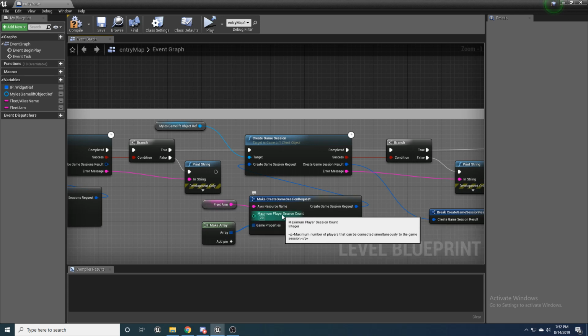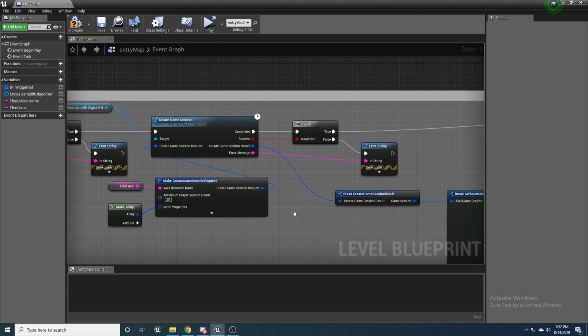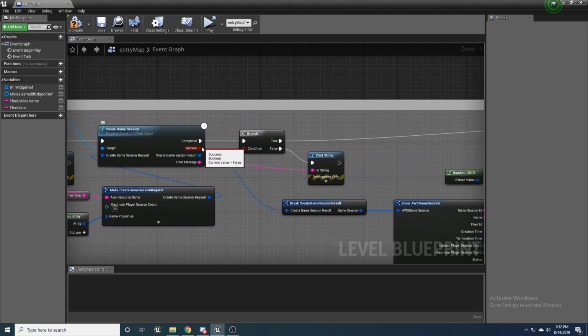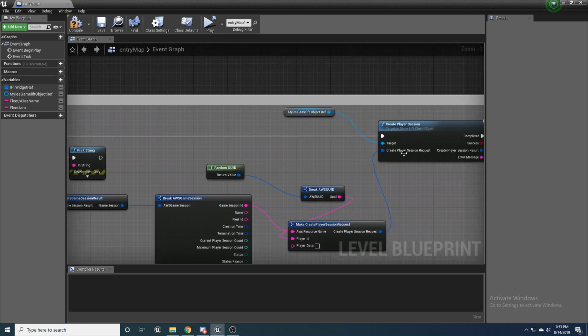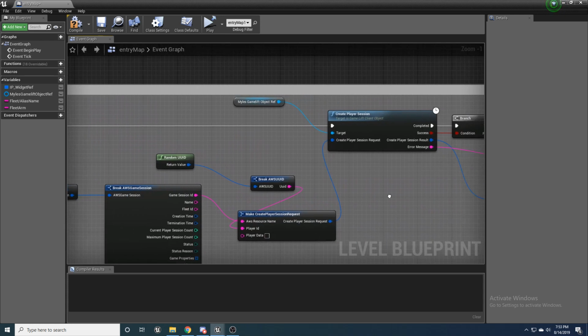One more thing is, make sure this maximum player session count is set to something above 0 so that you're able to get players into your game. Otherwise, you won't get an error, but it'll just say you're at your max players. We're going to run if that was a success. False, print string it, see where we went wrong. True, we're going to create a player session to allow a player to be able to join into our game